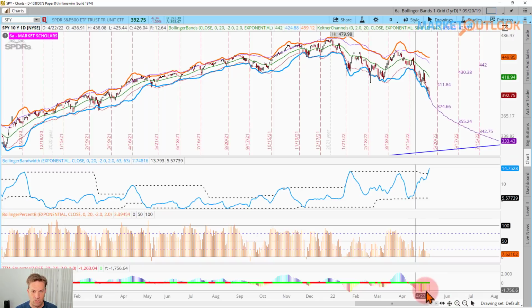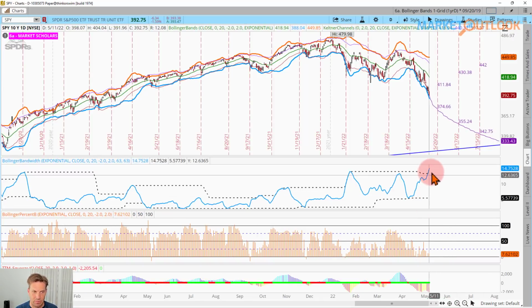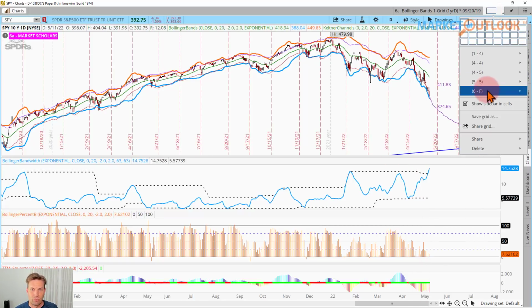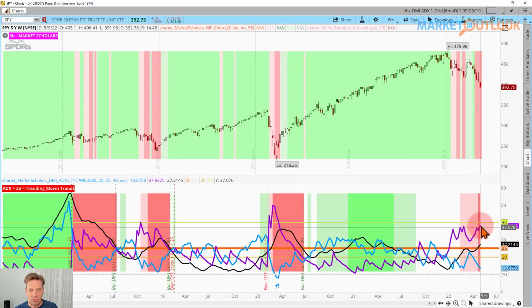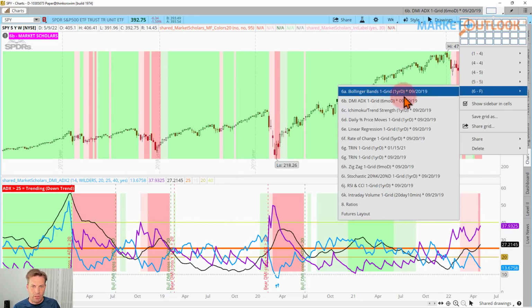It's still red, so it needs to turn yellow before we turn this ship around too, and that hasn't happened yet. But the bandwidth is really high, and that stochastic orange line's really low. Like, this is extreme. We are getting some pretty darn extreme levels here on these charts that would suggest this is a week that we may be kind of peaking in the bearish momentum, at least in the short term. Maybe for this kind of a rally, because you are getting